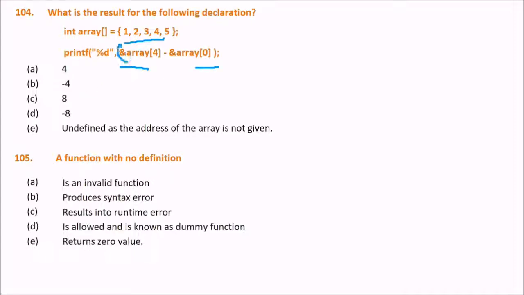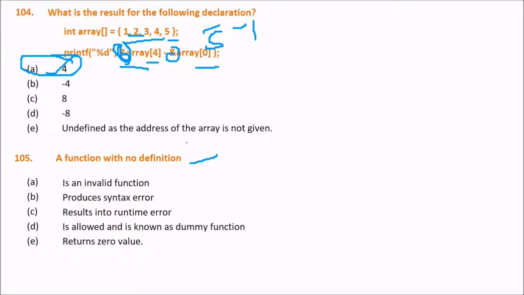Now you are trying to find out the value, also the ampersand. This is the reference of this array. So what will be the answer? The answer is 4 and 0. Let us take what is 4 and 0 first. 4 is 5, 0 is 1. So 5 minus 1 is 4. So let us go with the answer 4. Is it true? Did you get this answer? This is correct, because as the difference of addresses at block 4 and 0, whatever the address of any array may be, the answer would be same. So this would be 4 only. So there is no problem. This does not create any trouble.